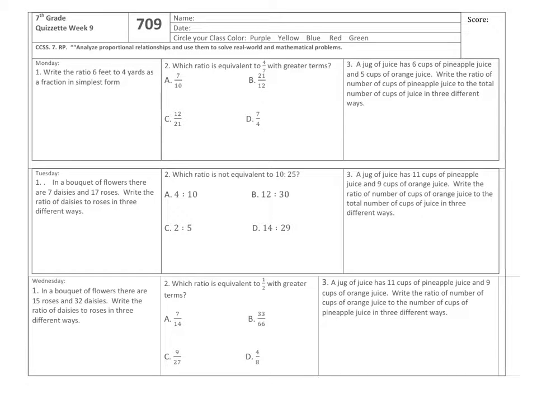Today we'll be watching a Quizzette video on Quizzette 709. Make sure you write your last name, comma, first name, today's date, and your class color. You can circle it. Monday number 1 says, write the ratio of 6 feet to 4 yards as a fraction